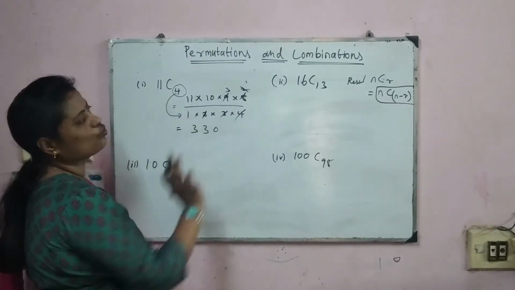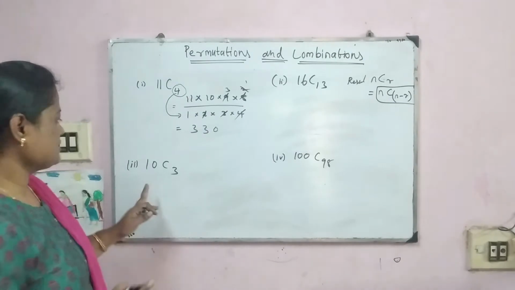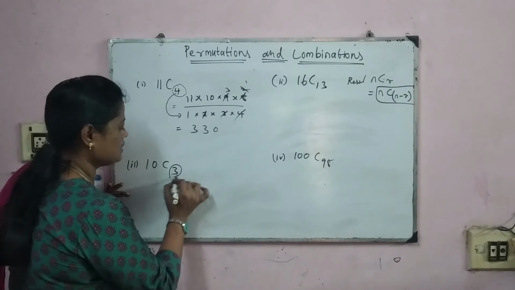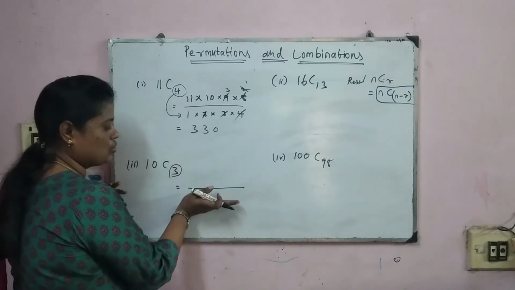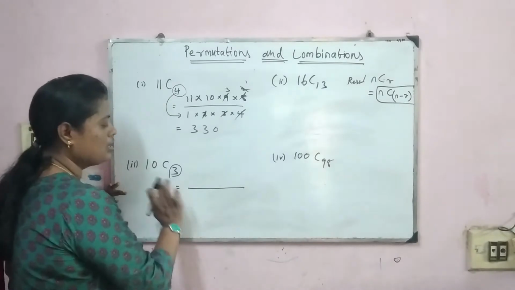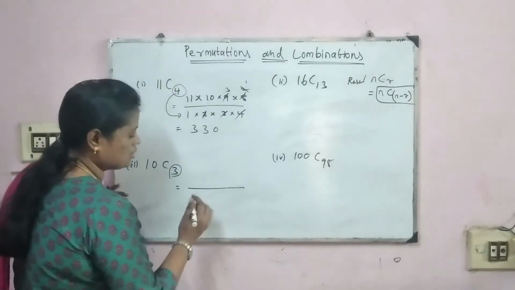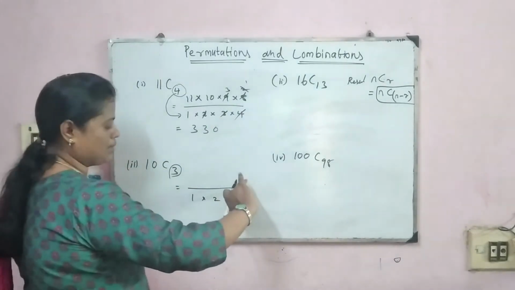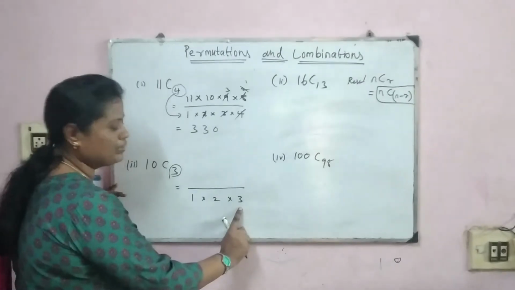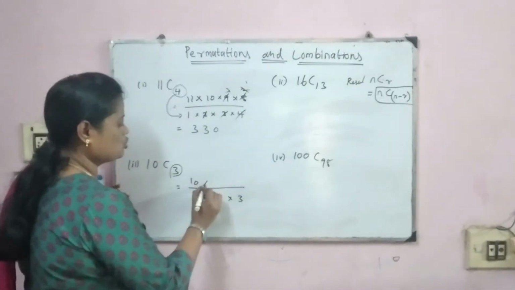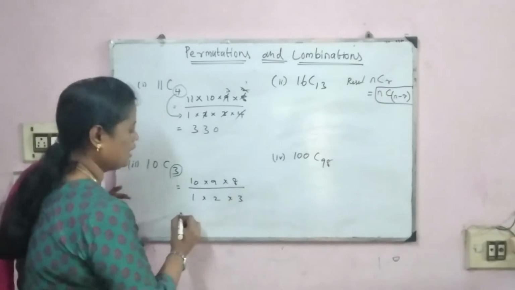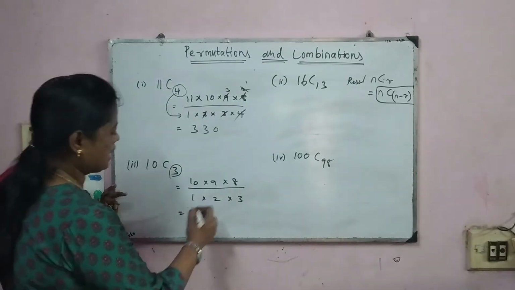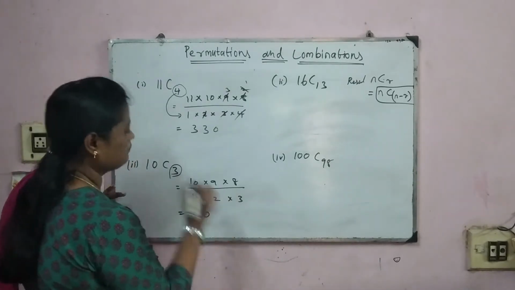Okay, this is 11C4. Now we are going to calculate 10C3. How to calculate 10C3? The same procedure. First see the 3. Write the denominator in a forward order, that is 1 into 2 into 3. And the 10 you have to write in a backward order, but the number of terms would be only 3. So 10 into 9 into 8, that's it. You can use a calculator, otherwise you just calculate it. The value is 120.